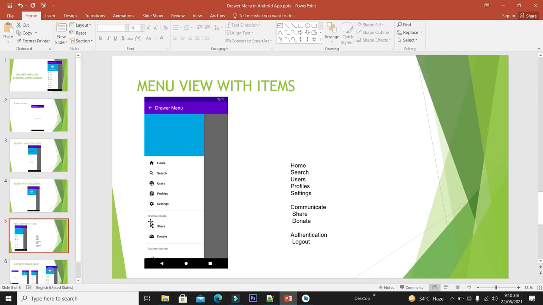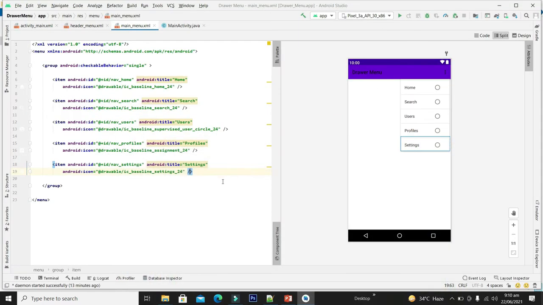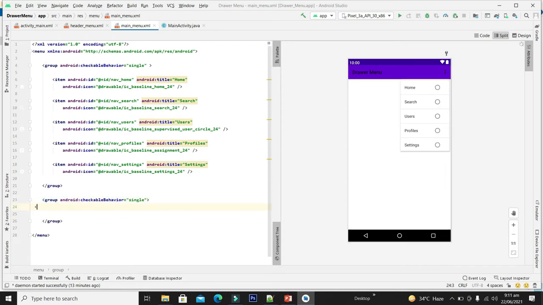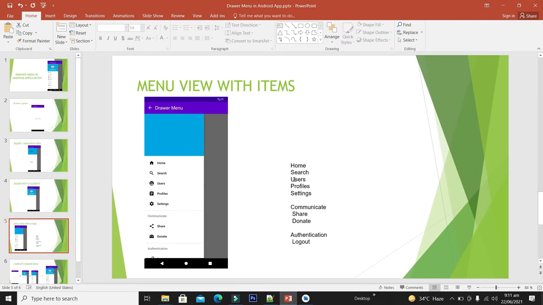Now we will have to create the second group along with its name and items. For this, we will have to create another group. This time we simply have to select this item name.